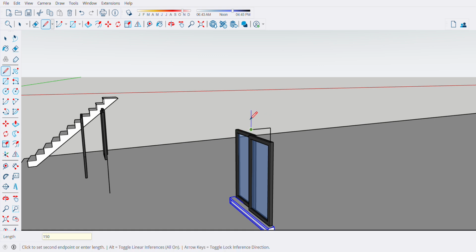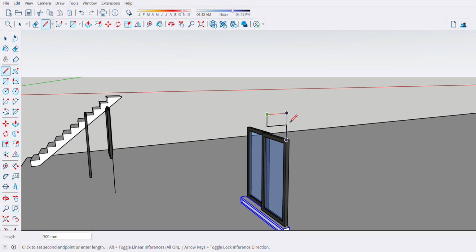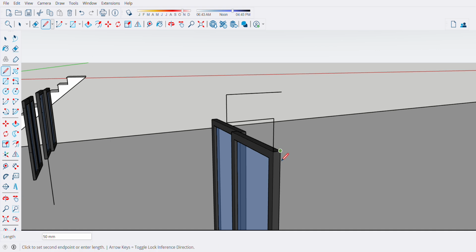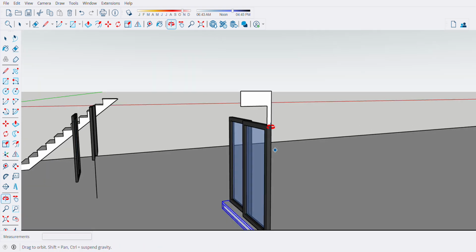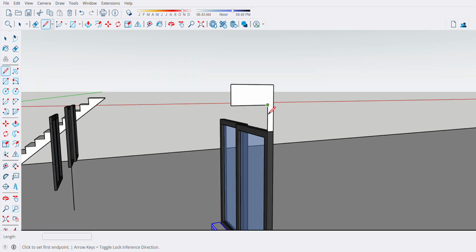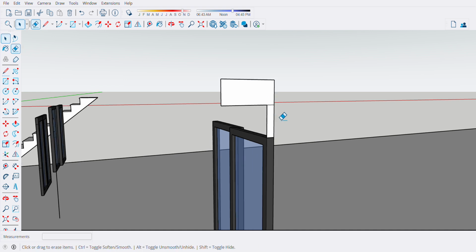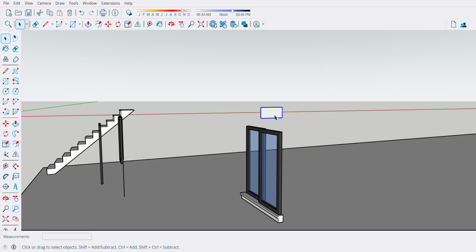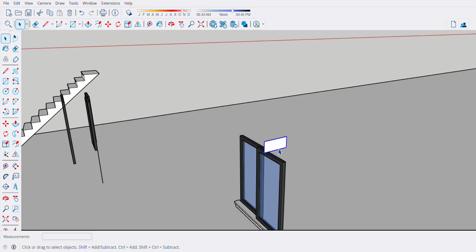We have 150, 150, and then plus the wall, that is 50. Let's see. No, this one is until here only. Okay, so we will make this one as component immediately, the same as this component.